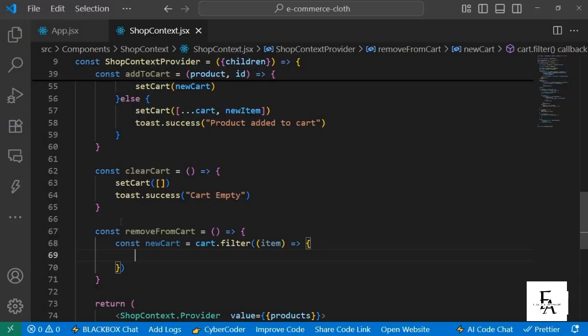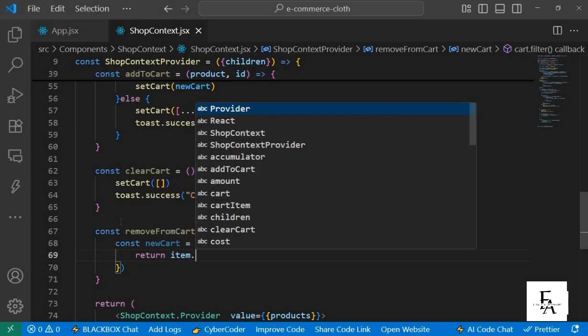Now we'll keep only items whose ID doesn't match, and we'll remove the item whose ID matches. So we're going to return items that the ID does not match. So item